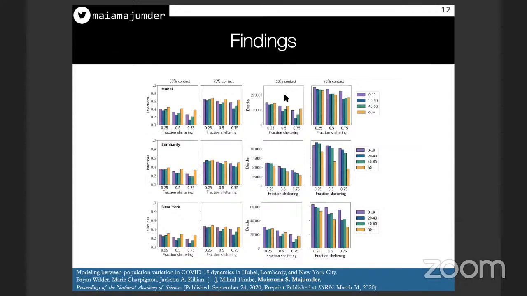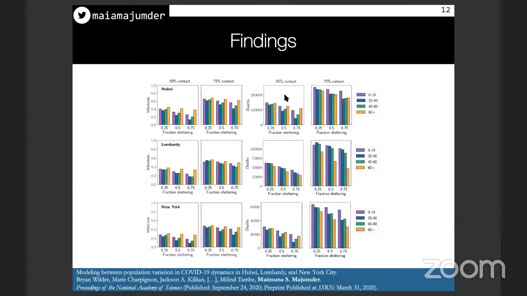The x-axis within each plot shows the results when the given fraction of a single age group shelters in place, in addition to physical distancing by the rest of the population. The result of this combination of sheltering and distancing is represented by a bar, where the color of the bar indicates the age group which engaged in sheltering, as is shown on the key on the right. The height of the bar yields the total fraction of population infected or the number of deaths in the population